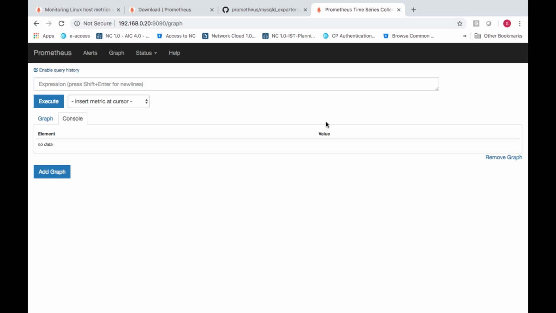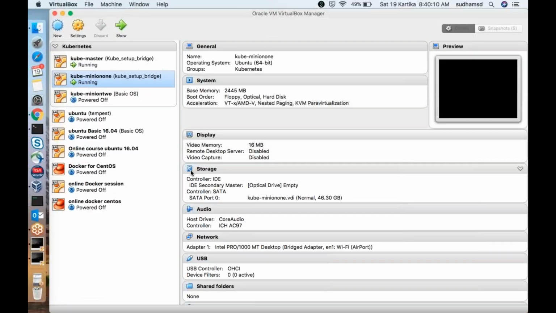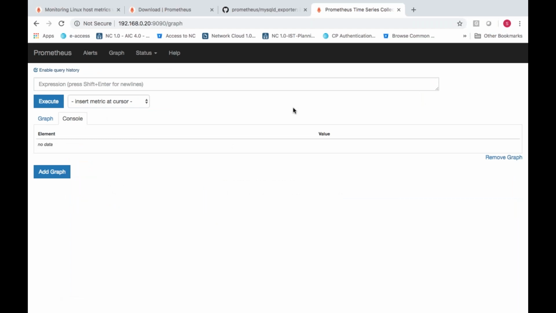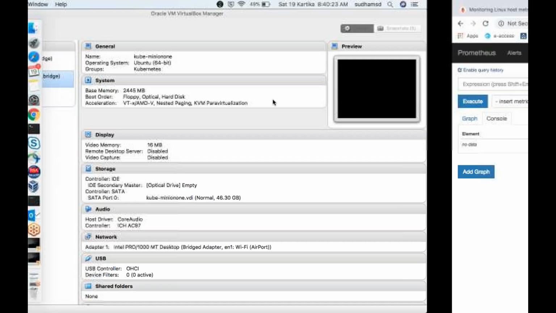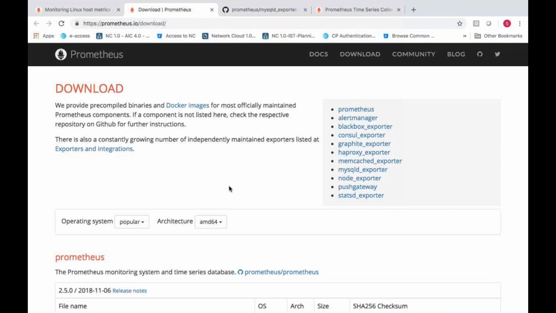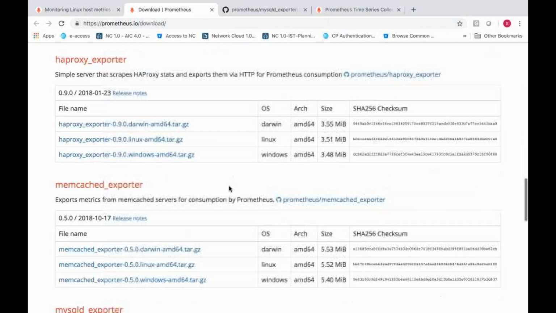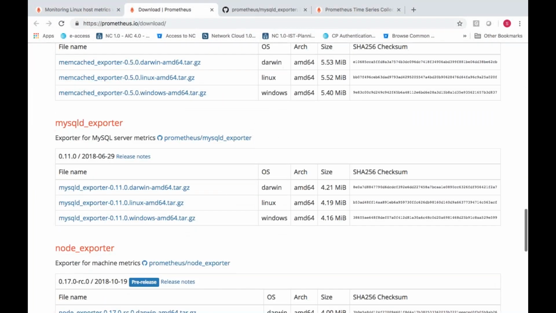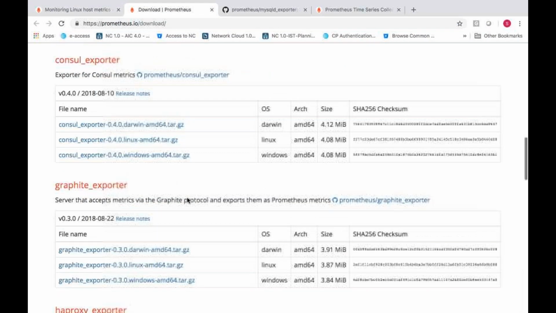That is the advantage of using these monitoring tools. The Prometheus dashboard runs on port 9090. Node exporter listens on port 9100. Other exporters run on different port numbers, which you can search and see. That is not a big deal.